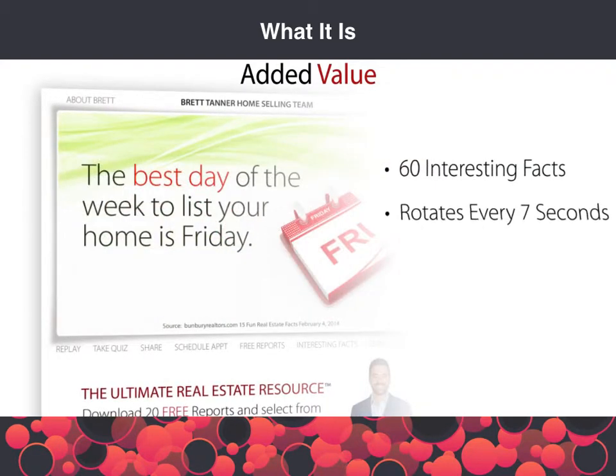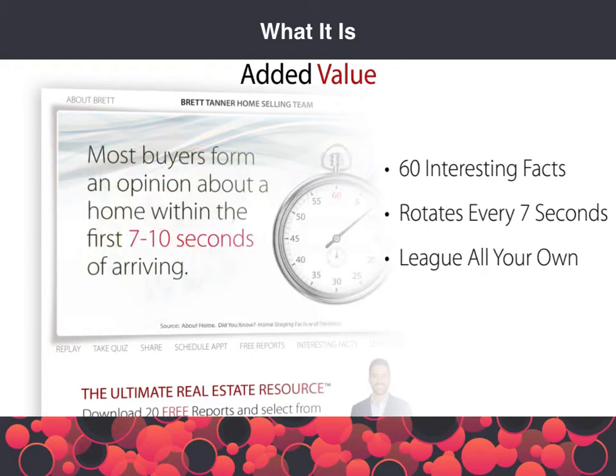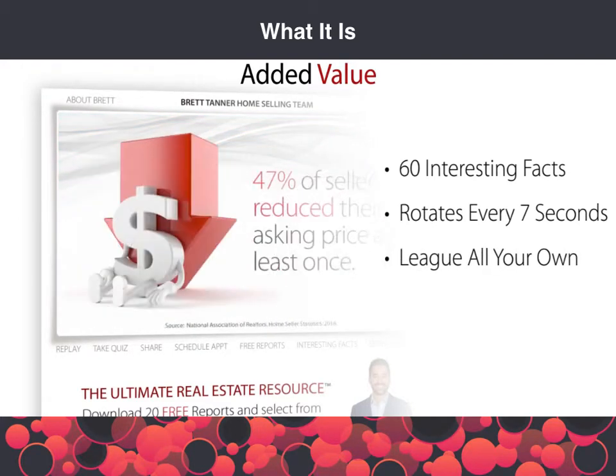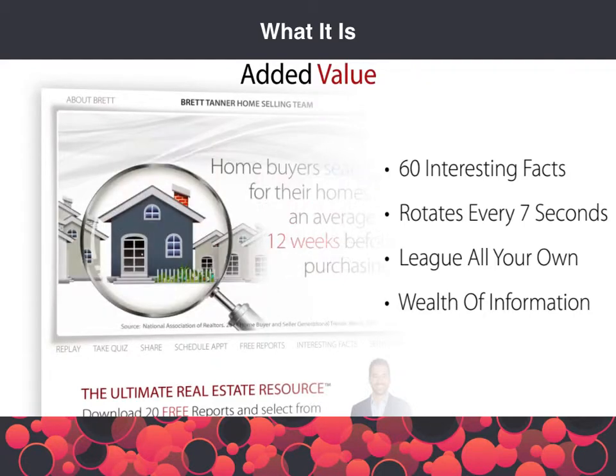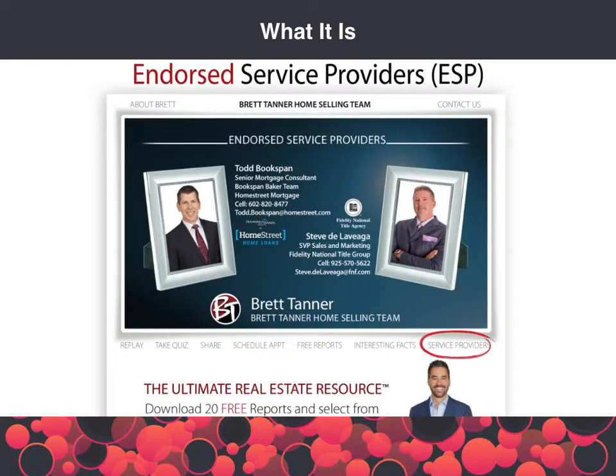Each fact rotates through every 7 seconds, further driving home the fact that they've never encountered an agent quite like you and the wealth of information you provide your clients. And they can learn about your endorsed service providers, your ESPs, typically the mortgage broker and title rep you work